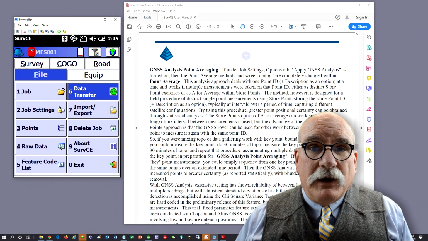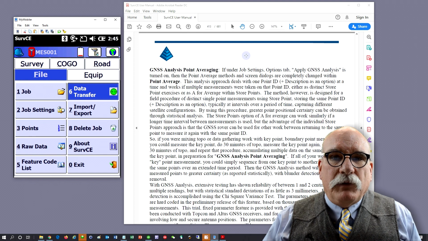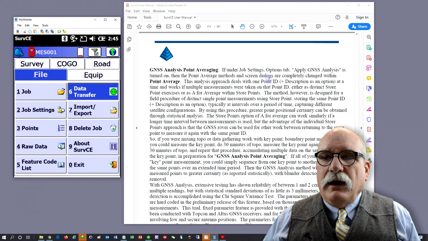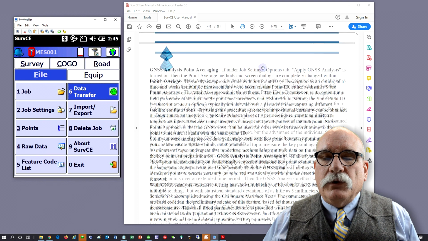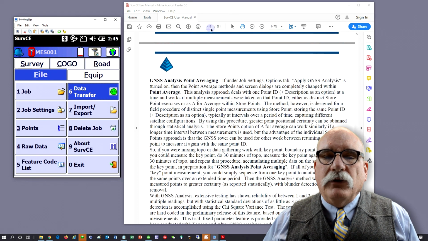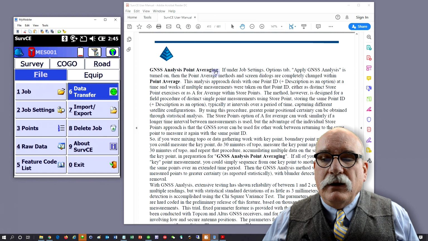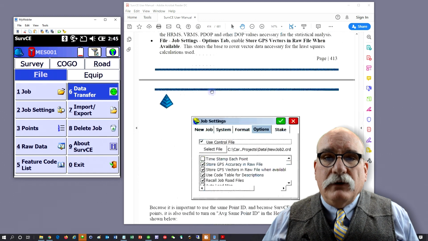And then you can come back to your office, micromanage the GNSS analysis, and because this method utilizes the ECEF vectors and the variance and covariance between the rover and the base, and because it automatically throws out bad fixes, it's very effective. This procedure's been in SurvCE since at least version 3 in 2013, so it's not new, it's just new to me. Before we head out to take some measurements, we need to make a couple of settings in our data collector. And I just wanted to show you that in the version 6 SurvCE user manual on page 413, there's a very detailed description